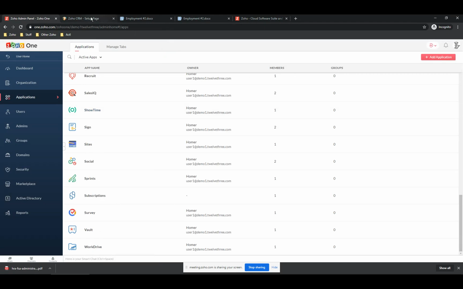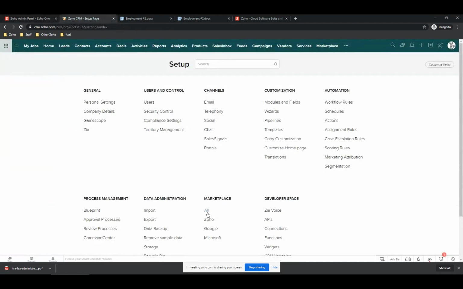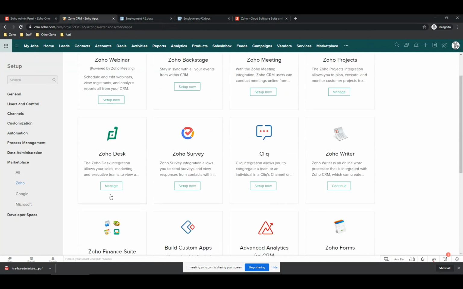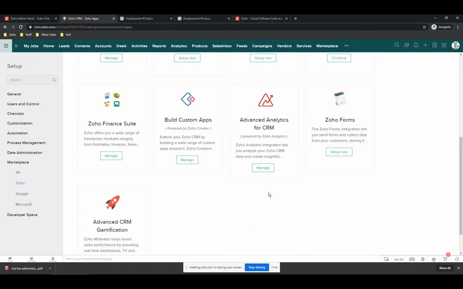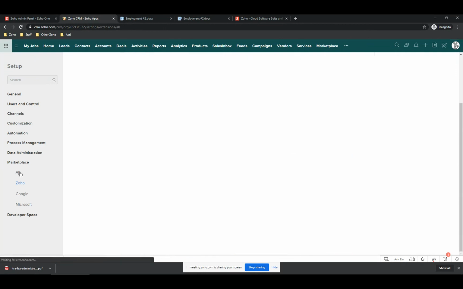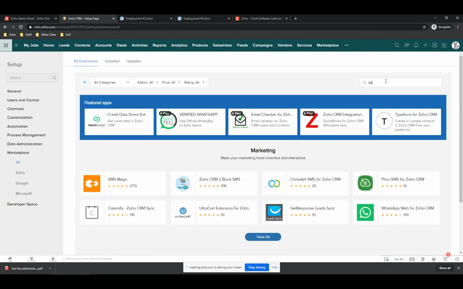So the last thing I have to do is in CRM, I go to Marketplace All. This is very confusing. Normally when I want to add Zoho Sign to CRM, I go to the Zoho extensions for CRM, and I can link Zoho Meeting and Zoho Projects and Zoho Desk, and there's a lot of things in here, but you won't see Zoho Sign in here. I don't know why, because all the Zoho apps you can connect CRM to should be in here. But if you go to All, and then you search on Zoho Sign,